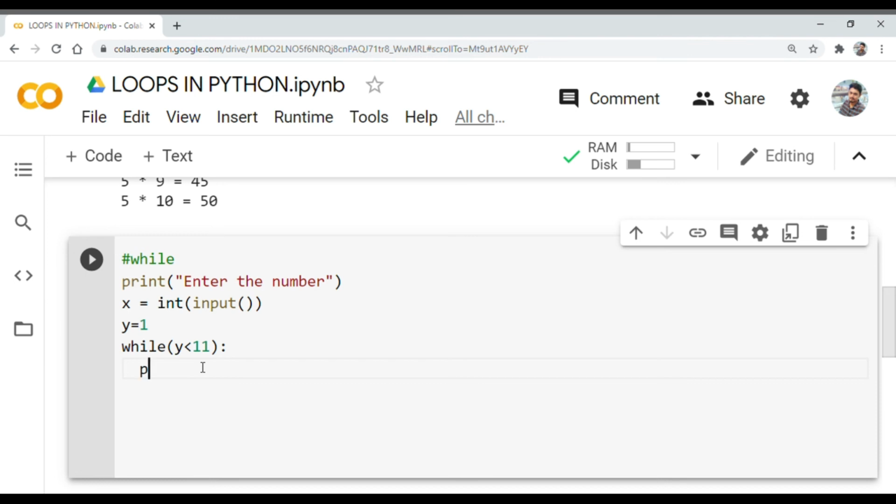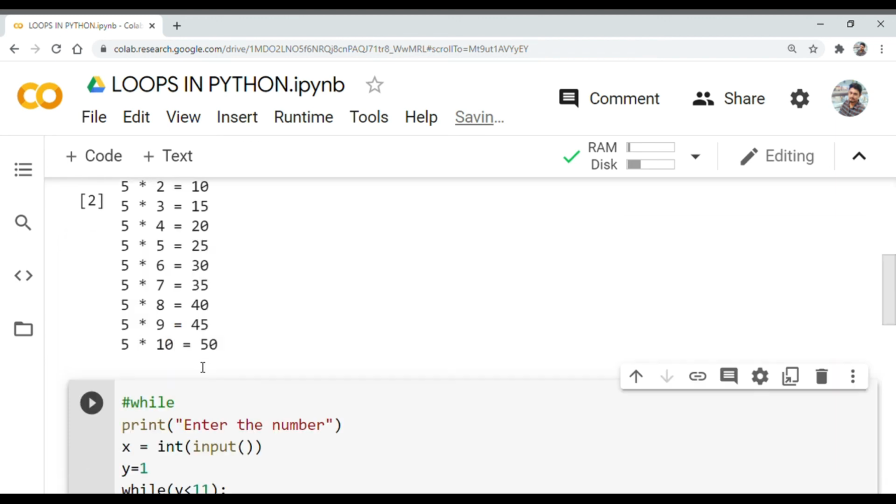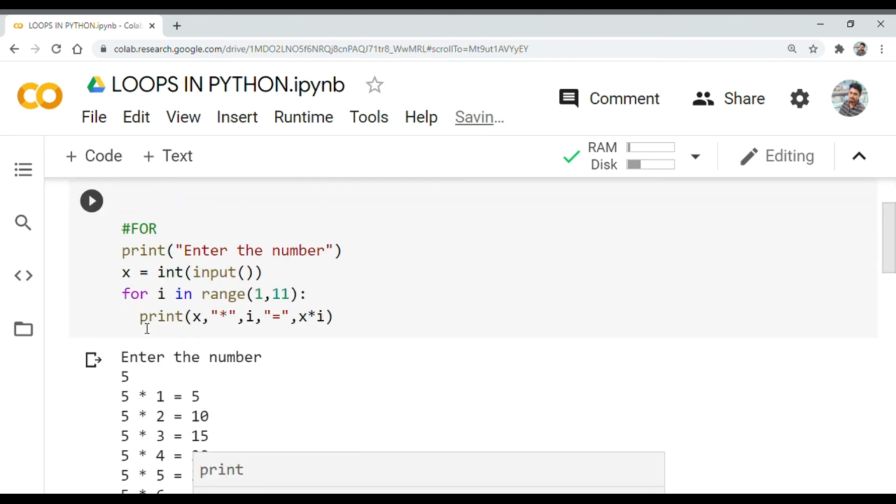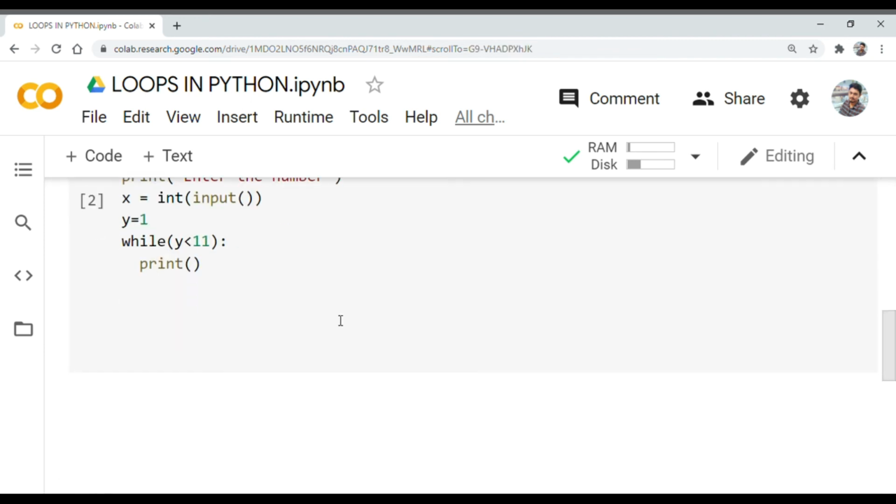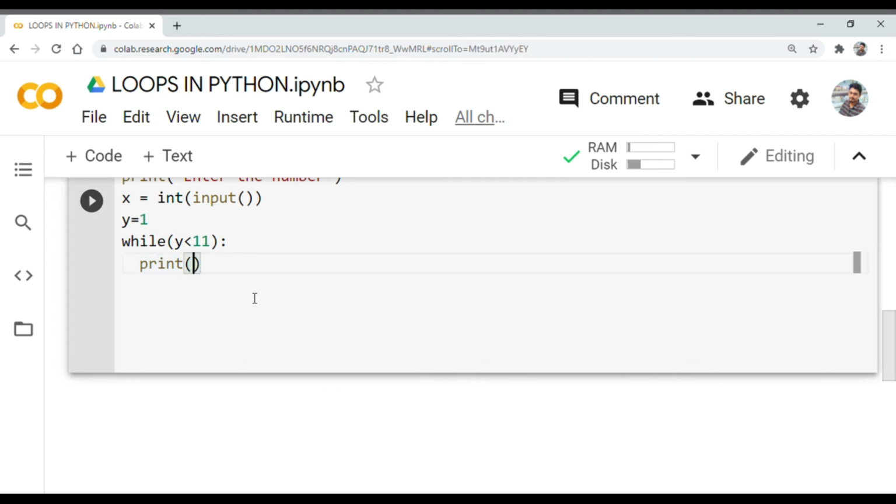And then we will be printing it. Print the same thing. But the only difference is here we are not using i, but instead we are using y.